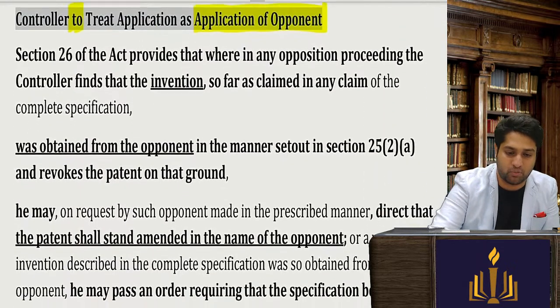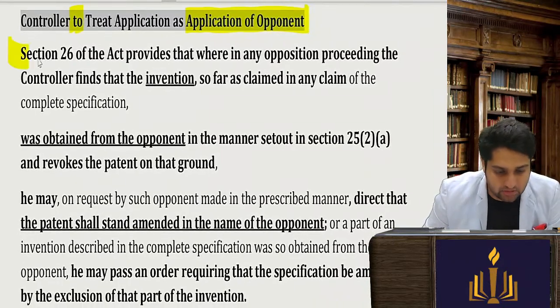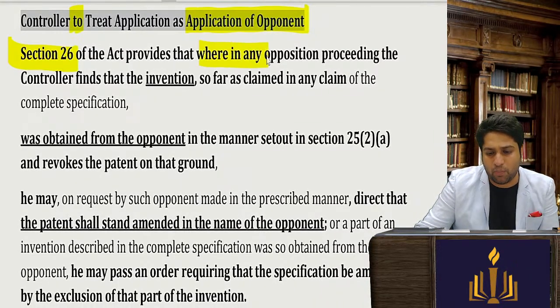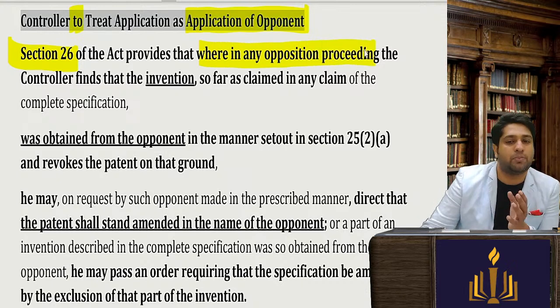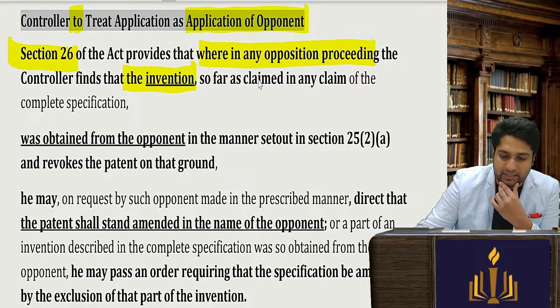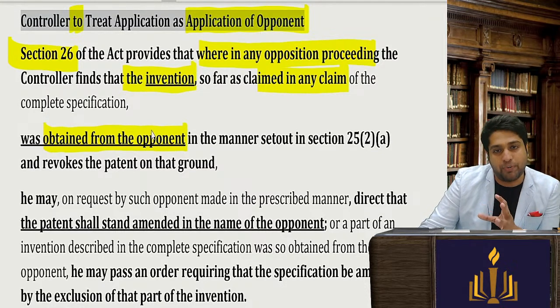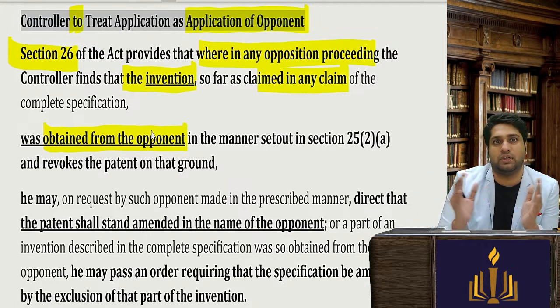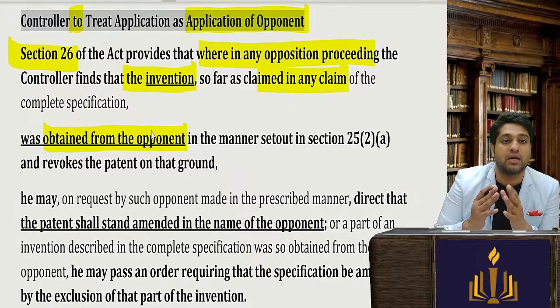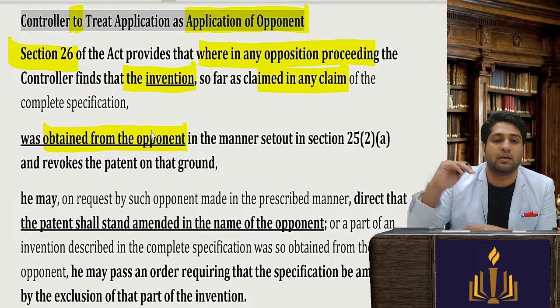So let's read the provisions. Section 26 of the Act provides that in any proceedings of opposition, if the controller finds that the invention so far claimed in any claim was obtained from the opponent,